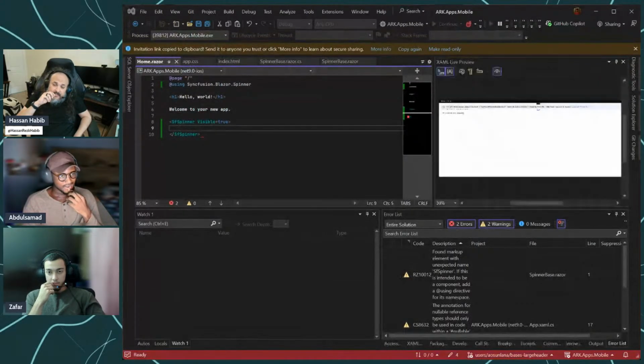No, it didn't work. Wait, what color is it? Is it just gray? Is it that little thing at the top? Yeah, this one, it is still blue. It's under that Syncfusion warning message. If you zoom in, there it is, I see it. It's still the default color. I wonder if there's just